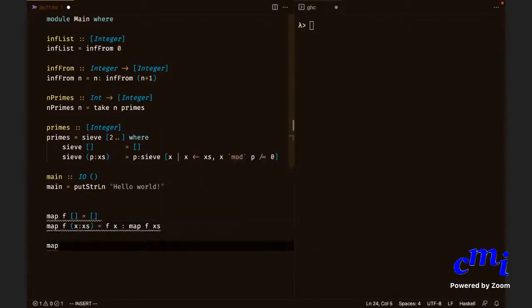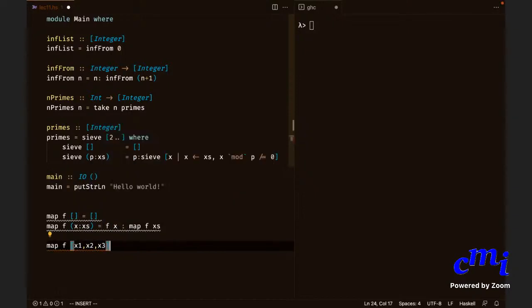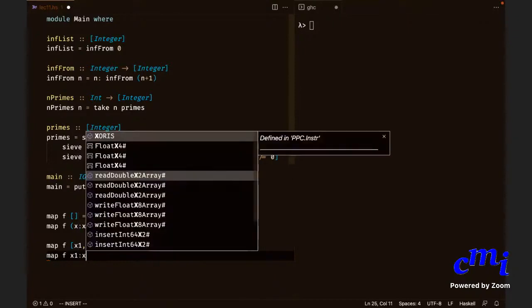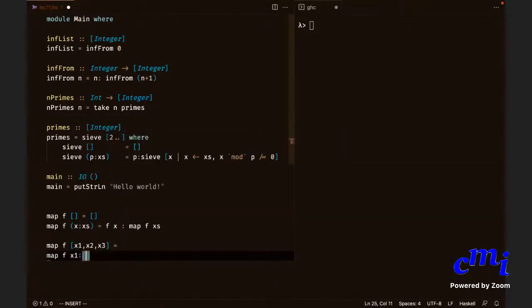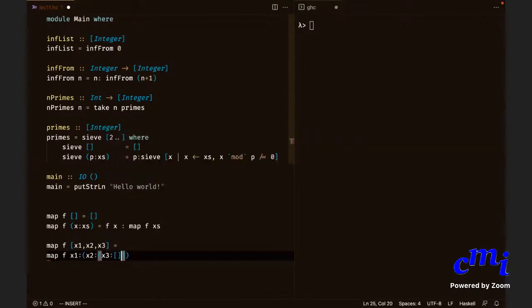Now let us figure out what map f of x1, x2, x3 is. What is f? What is x1, x2, x3? It is just x1 followed by x2 followed by x3 followed by empty list.